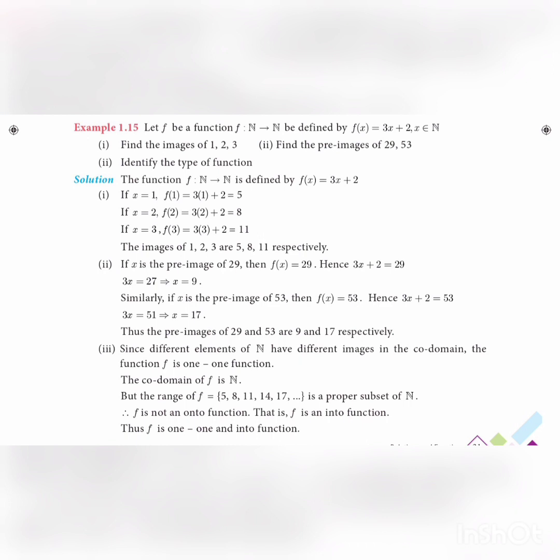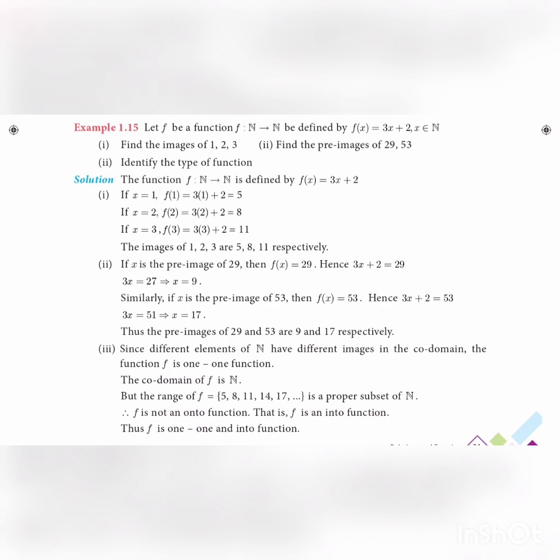We have to identify the type of function. Here, domain and codomain are natural numbers. So as per our calculations, the range, that means the images of the domain, the natural numbers 1, 2, 3, etc., are calculated, and sequentially if we list those images: 5, 8, 11, etc. That set is actually the range because it is the collection of images, and it is a proper subset of